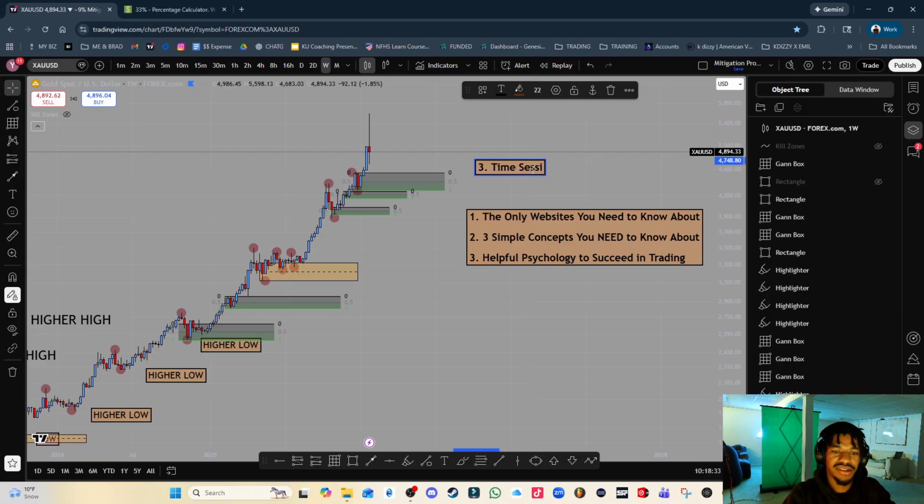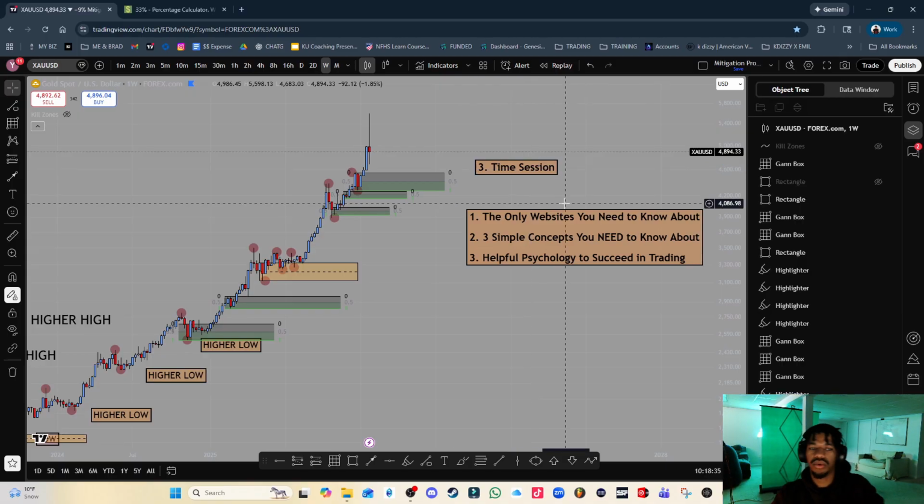So number 3 is time session. The fact that you now have areas of interest, aka institutional candles, other people call it order block. In the investing and trading world, there's a lot of different terms that mean the same thing. So an institutional candle is the same as an order block. Now that you have an institutional candle slash order block and awareness of it, and you also know how to identify structure, if you put the third thing together, which is trading at the right time,